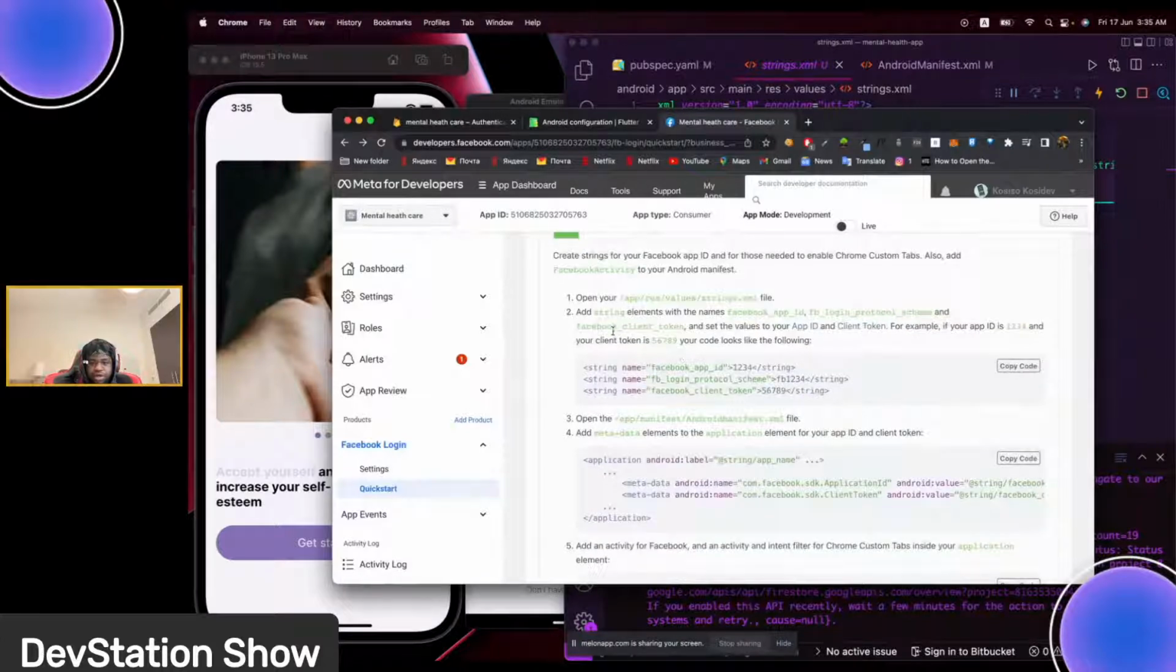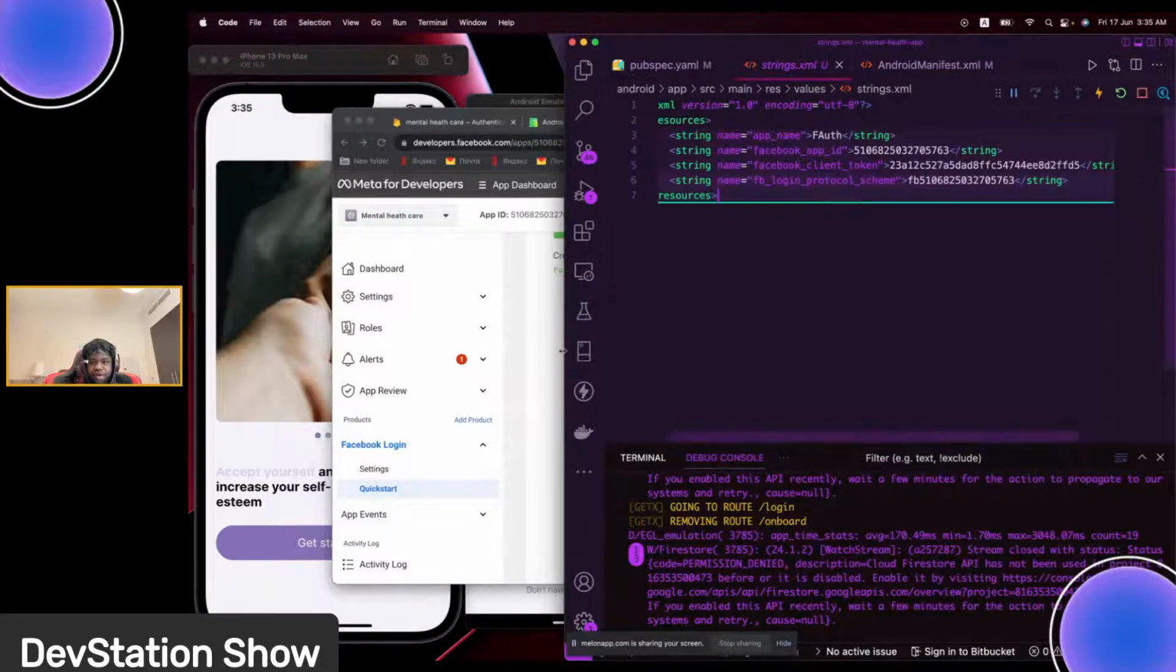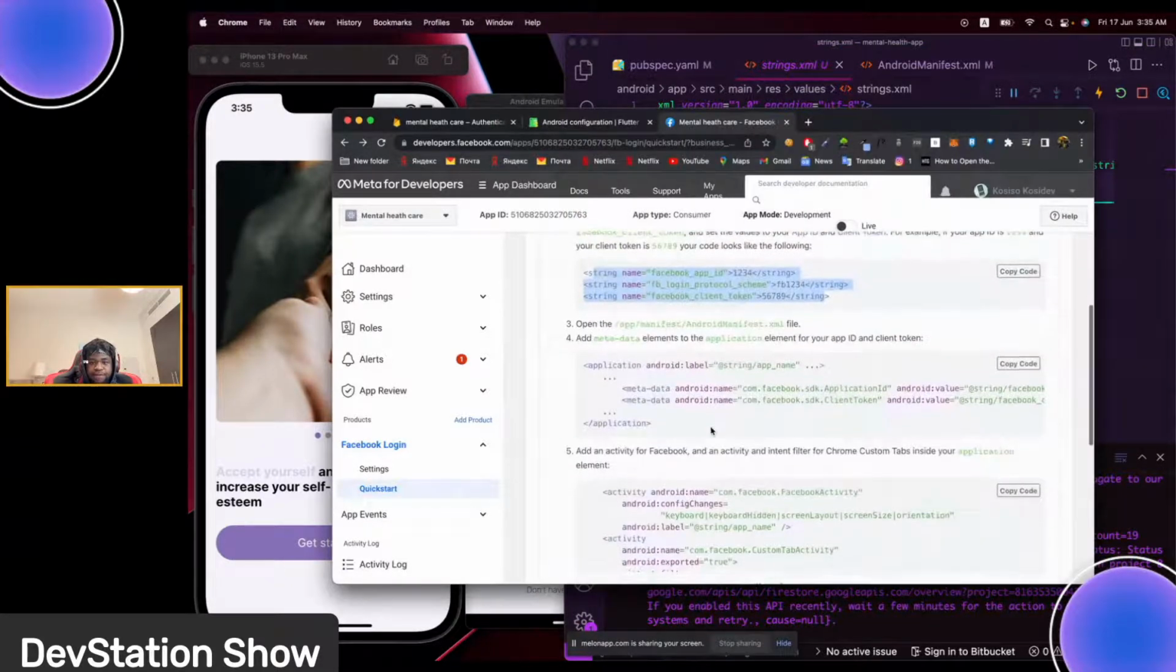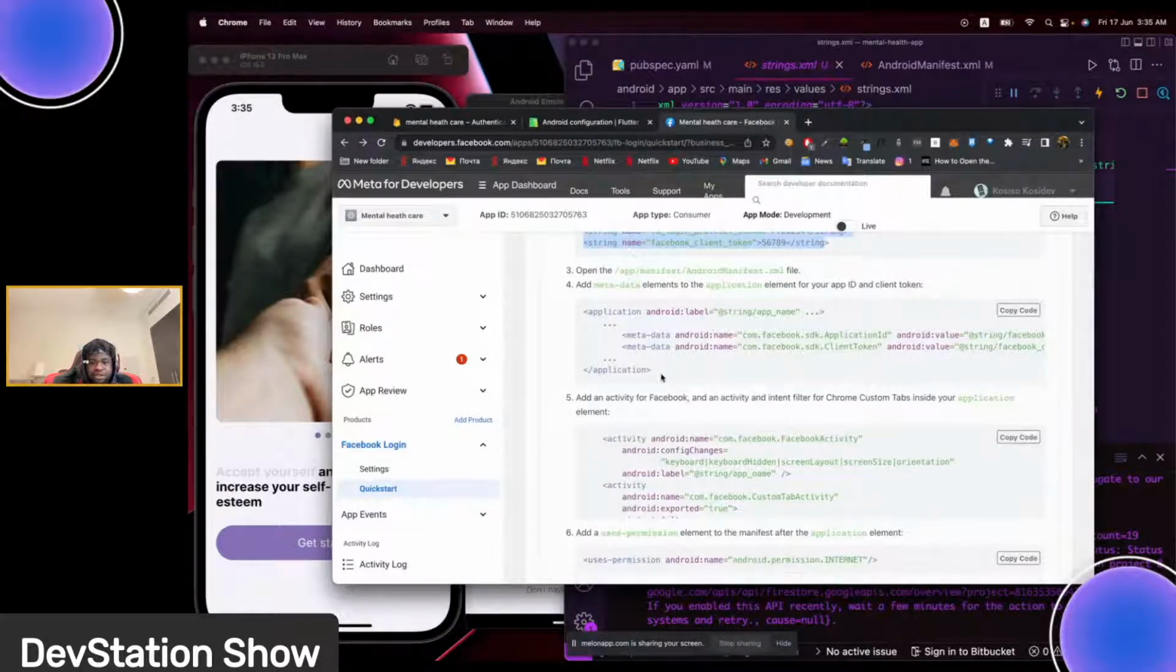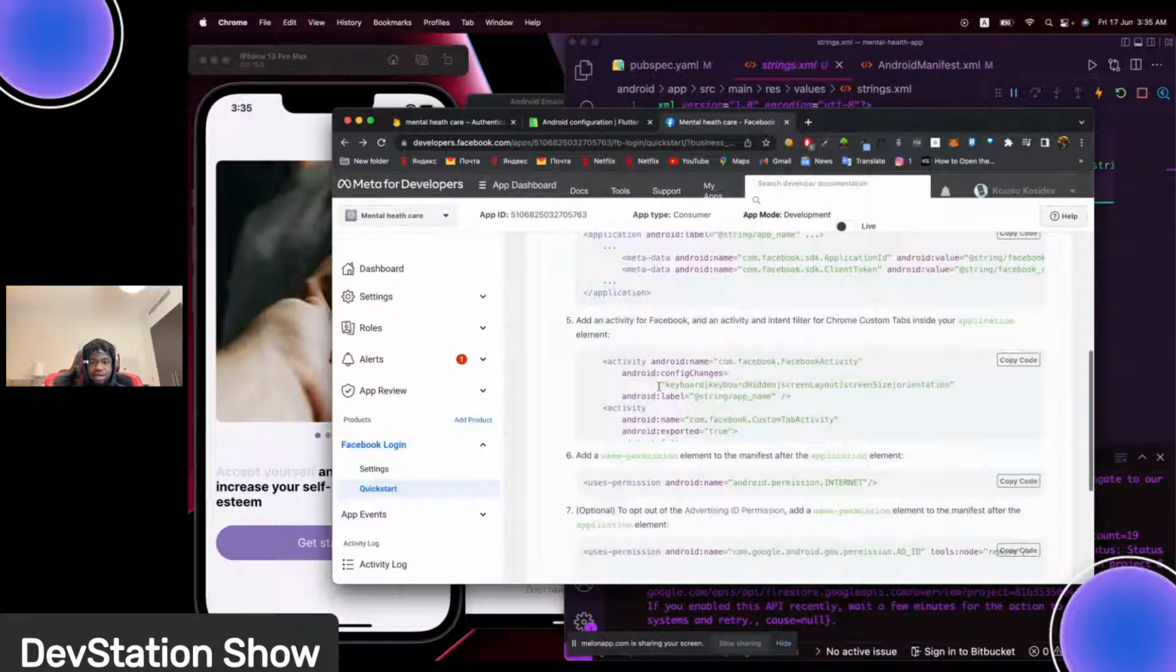Yeah, so that's for the string part. You can say the same thing here. That's still the same thing we have over here. And after that, you go to your Android manifest. So your Android manifest, they ask us to add this in our Android manifest, and also this one too, all this stuff,